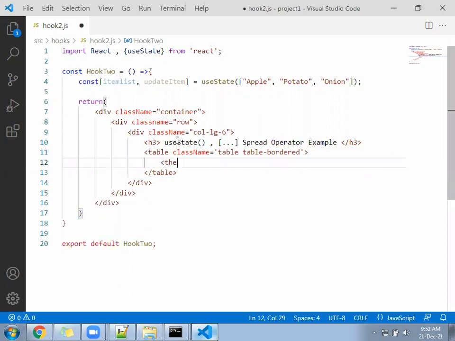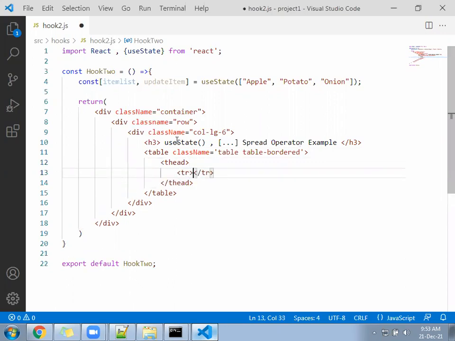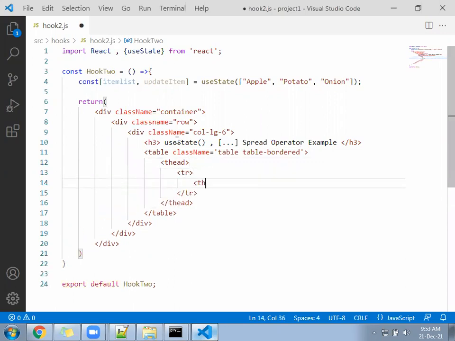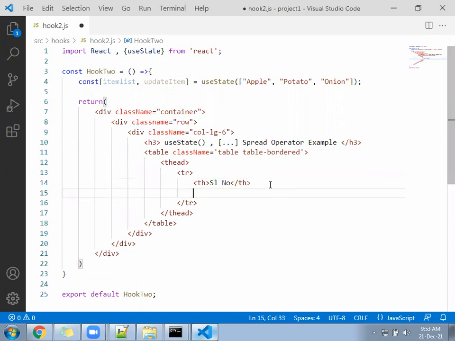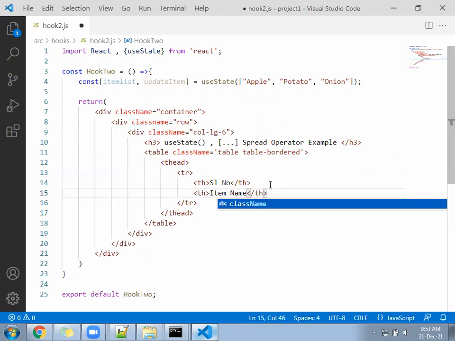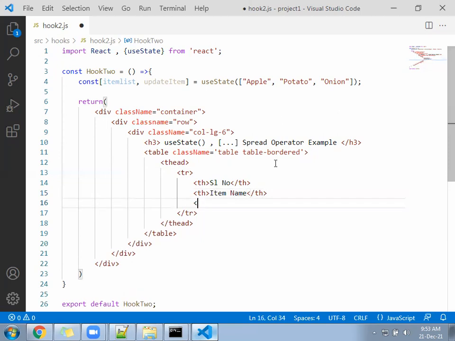After that, thead, tr, th: serial number, item name, and after that th: action.